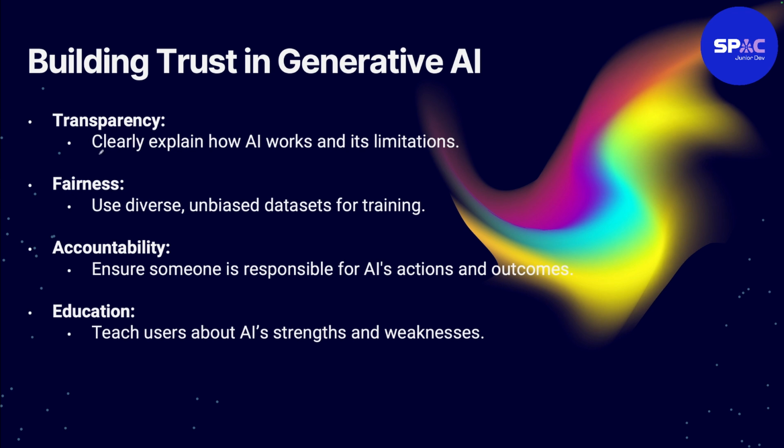Like I said before, when you design an AI, you have to tell people how it works and tell people its limitations. Tell people that this AI can make mistakes. If your AI is generating text, tell them to go and review it, because AI can make mistakes. Be transparent. Tell them it's not 100%. Tell them it's not perfect, right? That is very important.